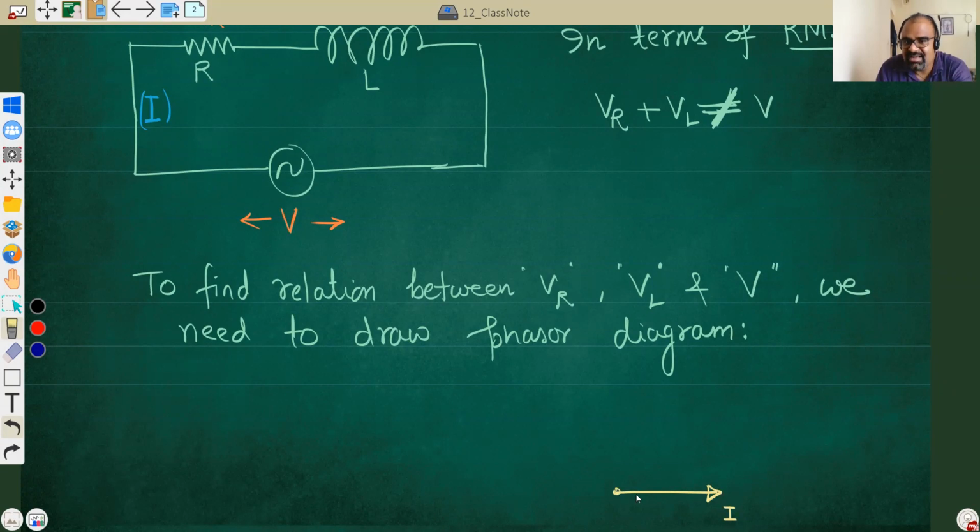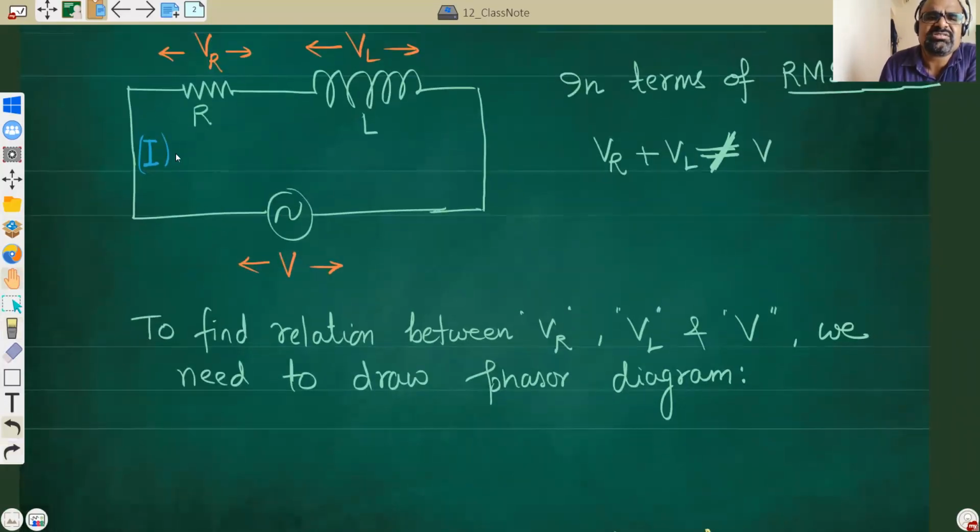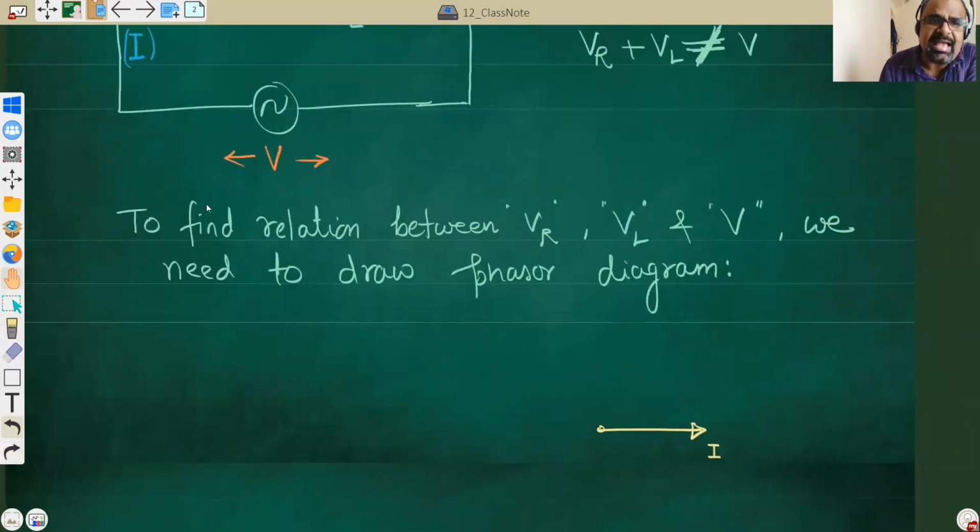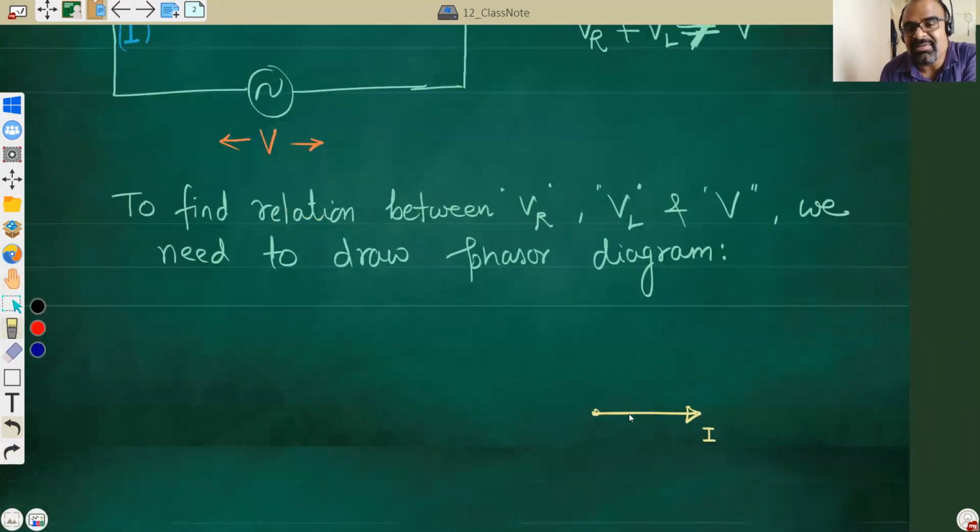Its length is equal to the RMS value. Even though you can draw a phasor where the length is equal to the peak value, even that is allowed. But since in AC, RMS is more important than peak, we always draw the phasor diagram in terms of RMS values. Now let's focus on the resistor. Do we know that the voltage across the resistor and the current through the resistor are in the same phase? Absolutely. So the VR phasor will be in the same direction as the current phasor. So this is your VR phasor. And the value of this length will be I into R, Ohm's law, you can say.